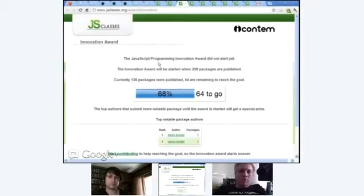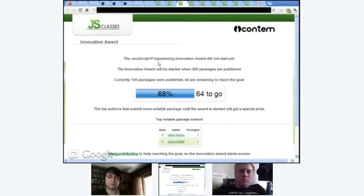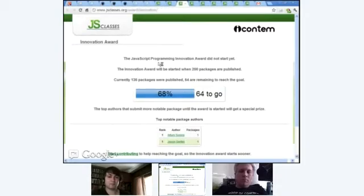And for authors, obviously reaching this goal, which hopefully is not too high, currently there are 64 remaining packages to reach the goal. Even for Arturs, that is a very frequent contributor, it's probably a very high goal, but if people join forces and submit enough components from each other,